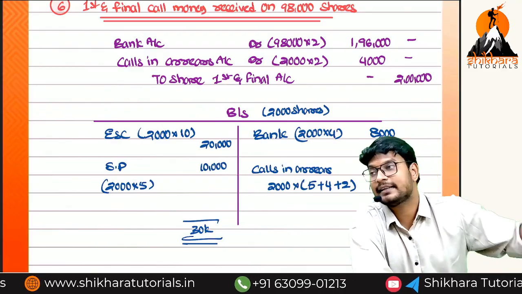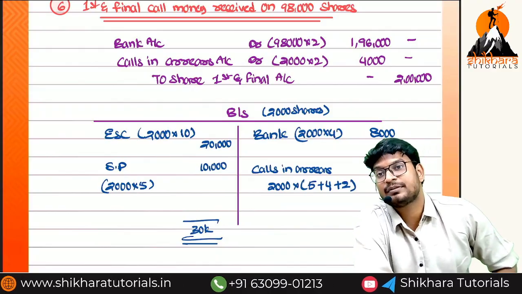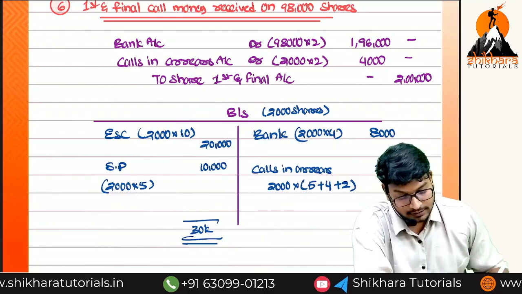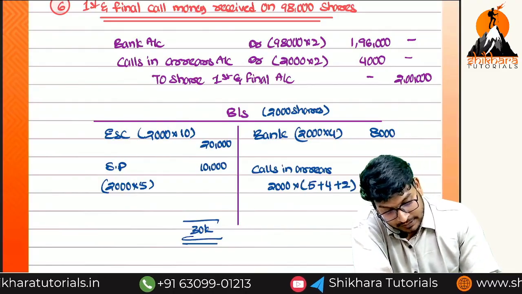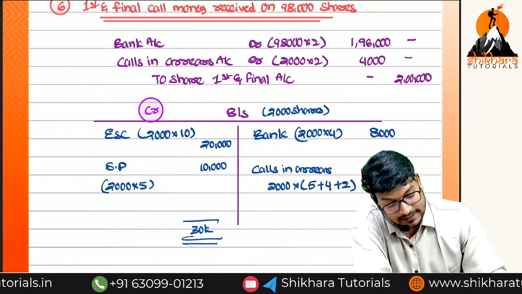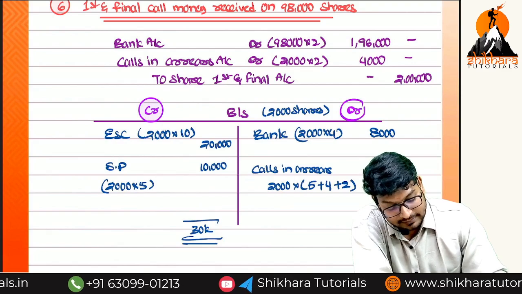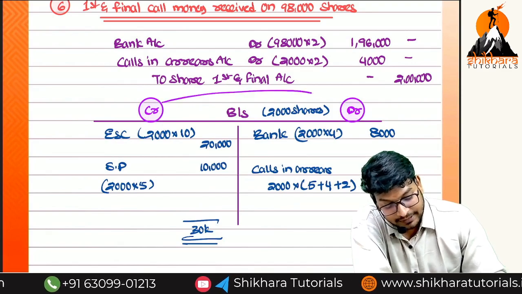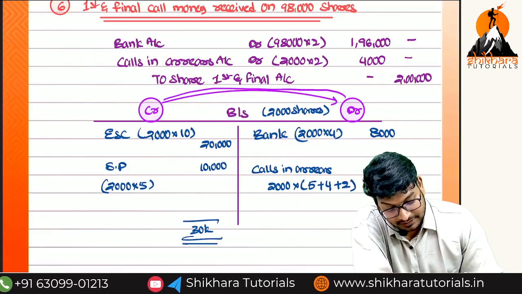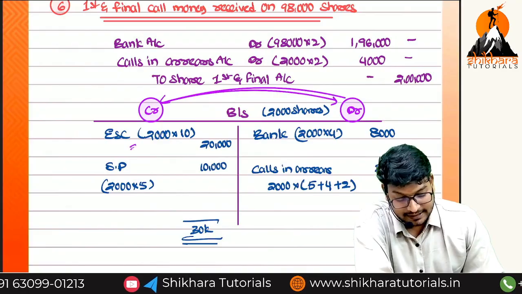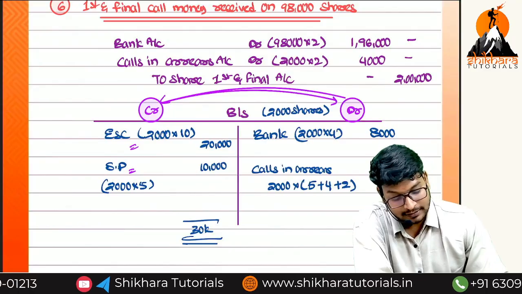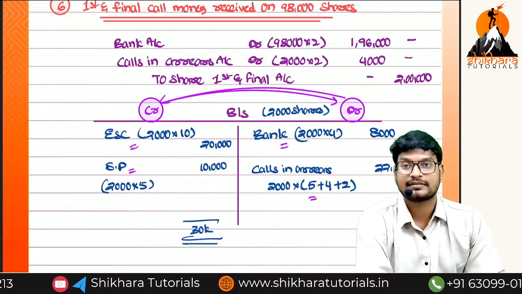What is the second example? If securities premium is received, at that point of time we can discuss. As of now, received or not received? Not received. So cancel means, these liabilities will have which balance? Credit balance. Assets will have which balance? Debit balance. So credit we need to debit, and debit we need to credit. So what is the entry coming to the picture? Equity share capital account debit, securities premium account debit, to bank account, to calls in arrears.